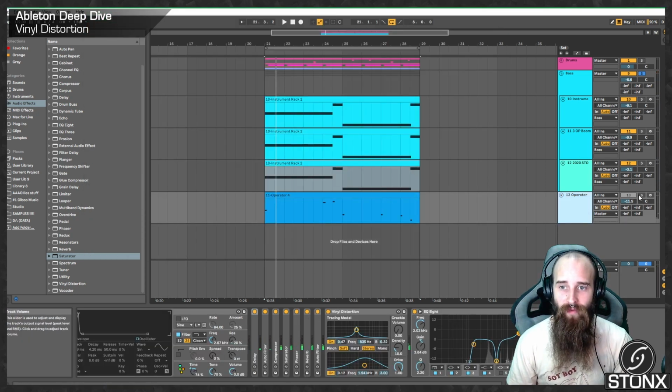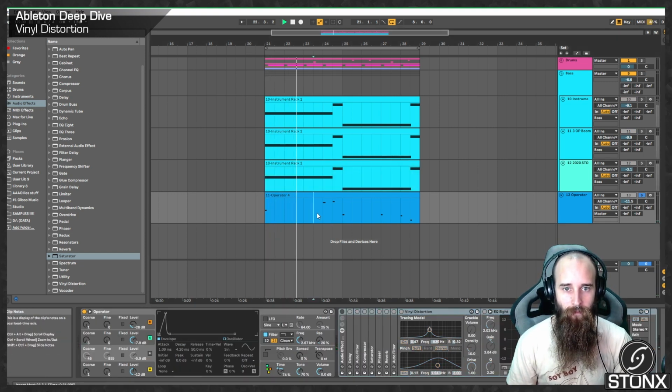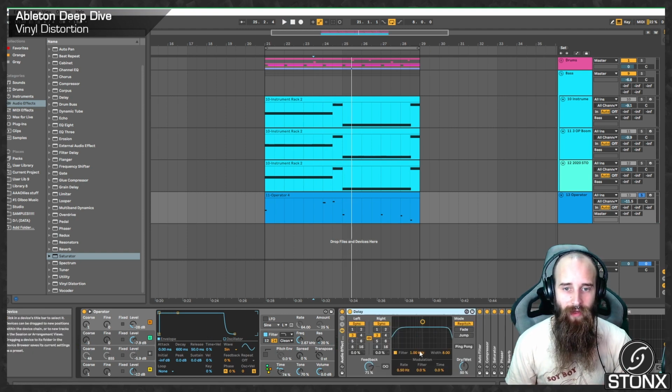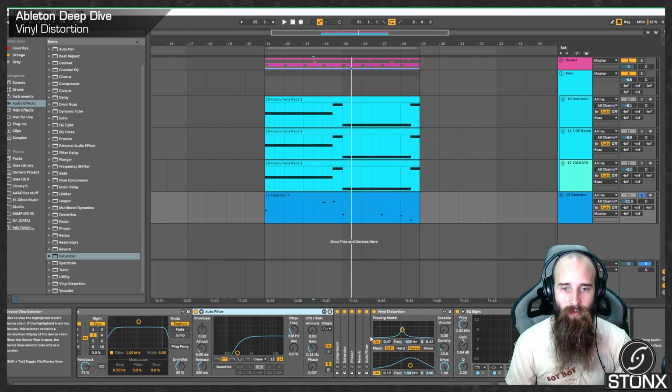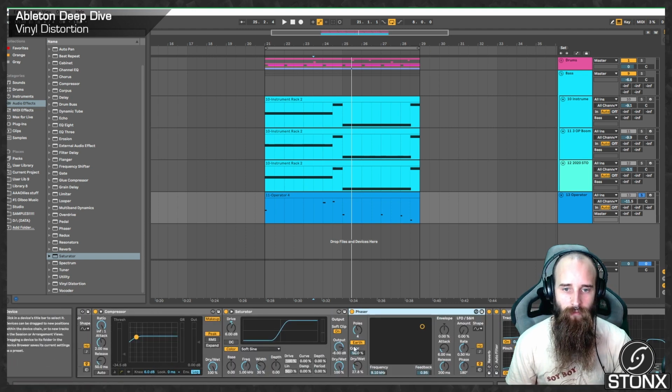Lastly, we have this little operator, which is just a little plunky sound. And that is just a square wave, a saw wave, and a sine wave. Just really short little hits. And then we're going into a delay, auto filter removing some of the low end, compressor, saturator, phaser to move